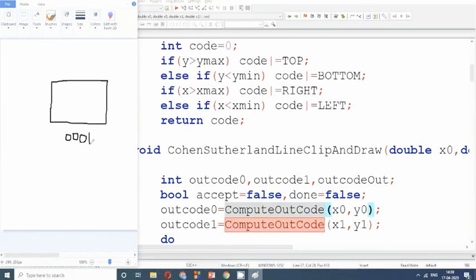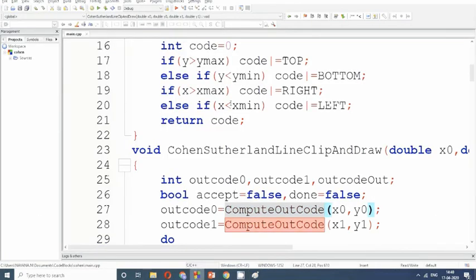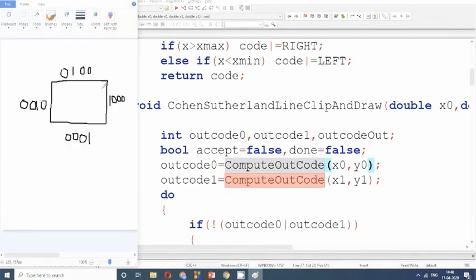Imagine, this is what we had gone for: 0 0 0 1, 0 0 1 0, 0 1 0 0 and 1 0 0 0.